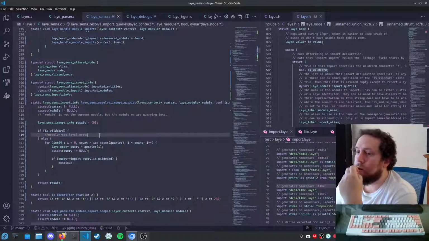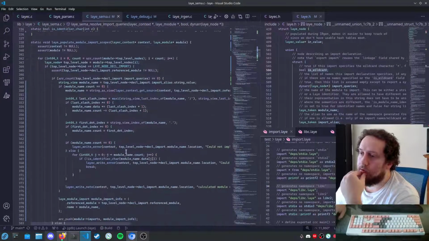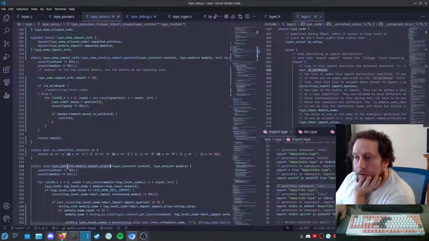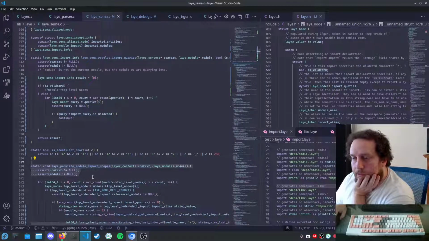But it will mean not doing these in the order or the manner that we're currently doing. So saying populate module import scopes here